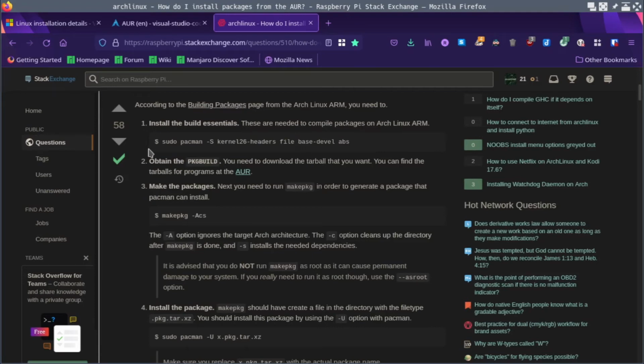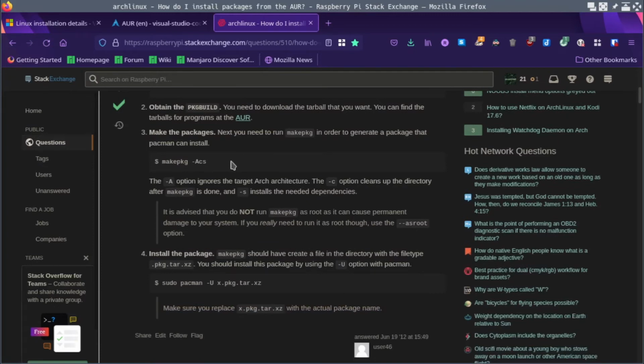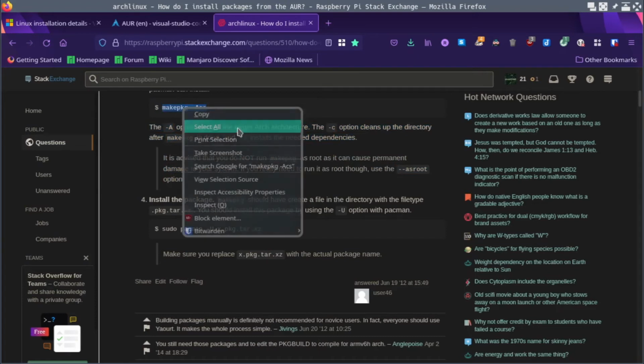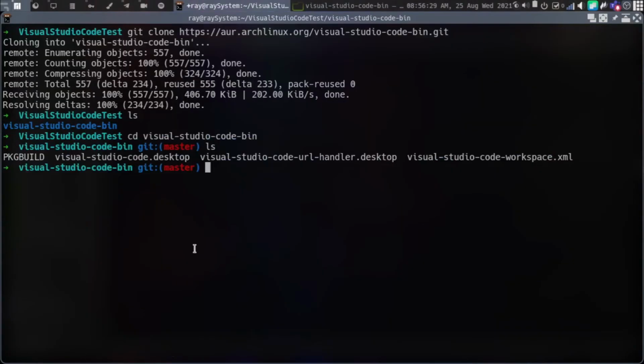So here they are saying you need to use makepkg -acs. They also explained what each of these switches does in this command. So you can take a quick look at this description if you don't understand what this actually does. This works fine for me, that's why I am showing it here.